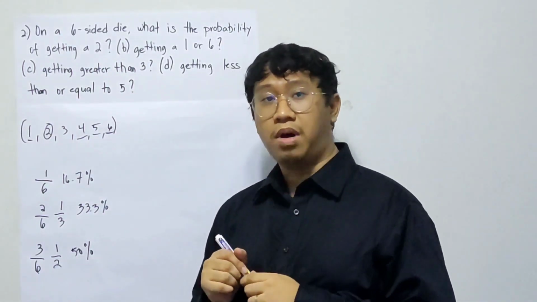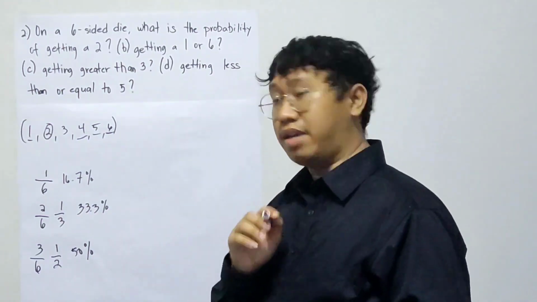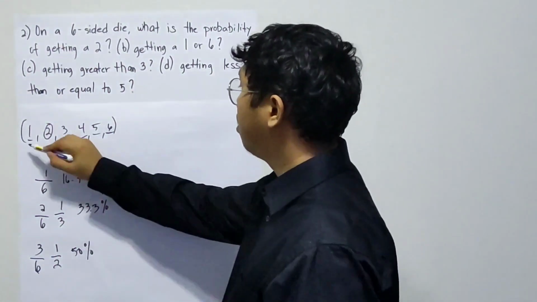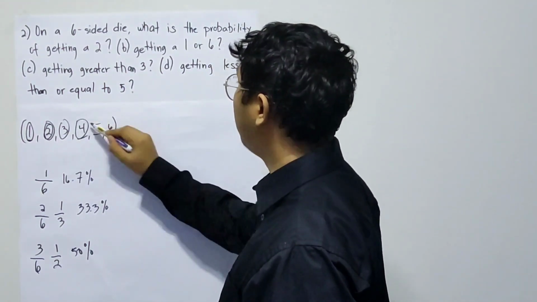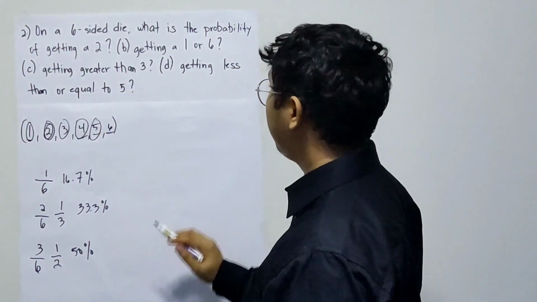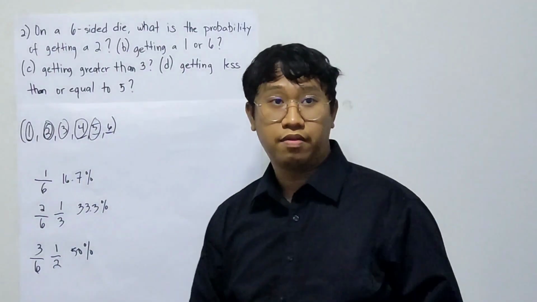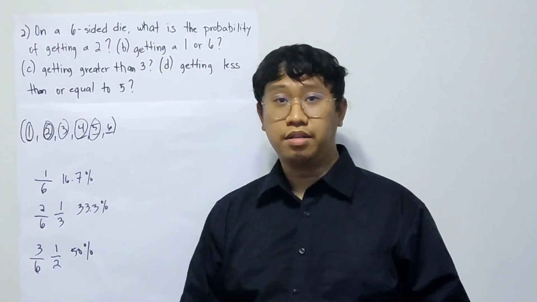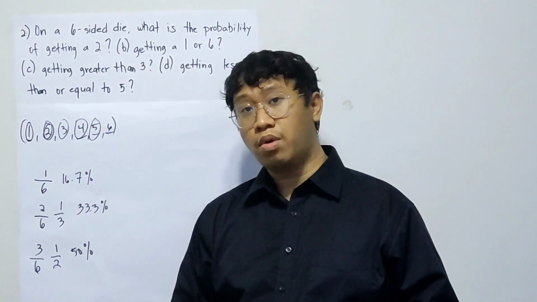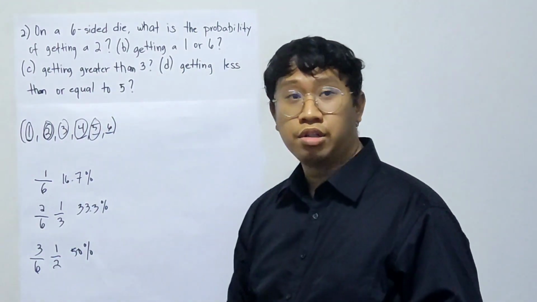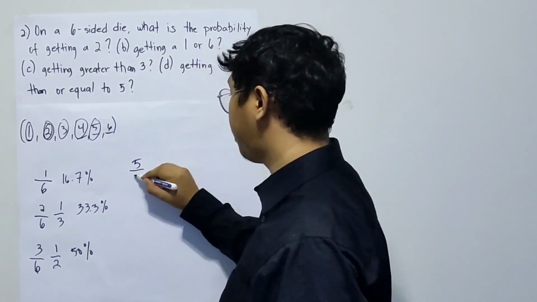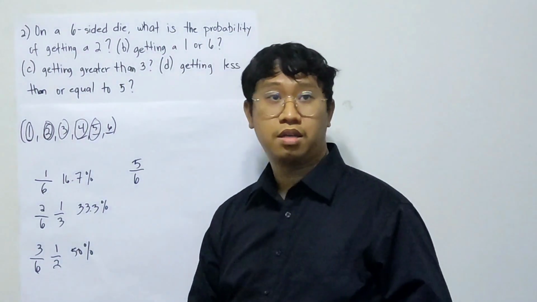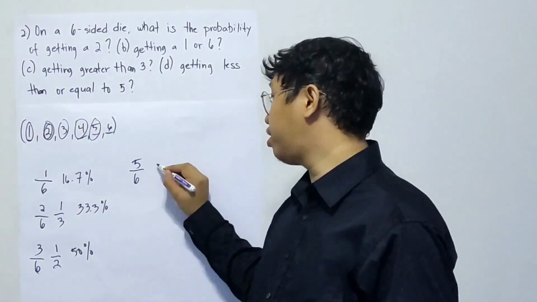So how about the likelihood of getting a number less than or equal to 5? The value of our favorable outcomes is 5, since 1, 2, 3, 4, 5 are less than or equal to 5. And of course, 5 is included, since the number must be equal to or less than 5, resulting in our answer of 5/6,